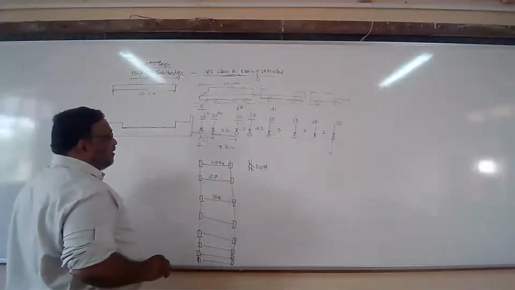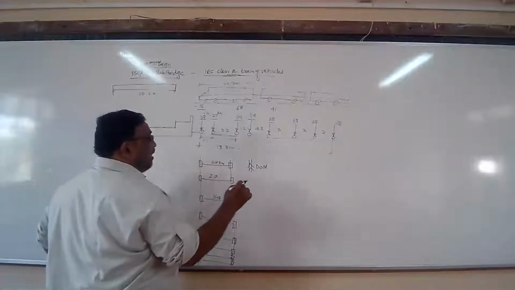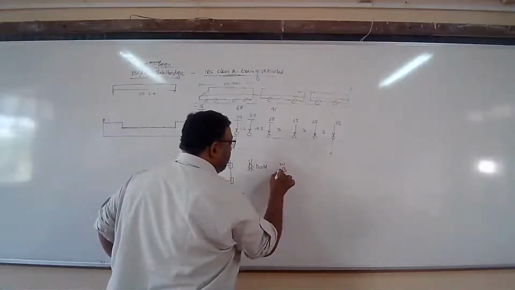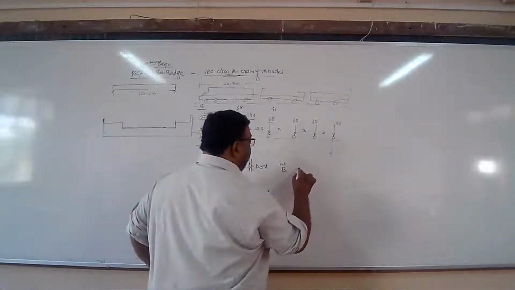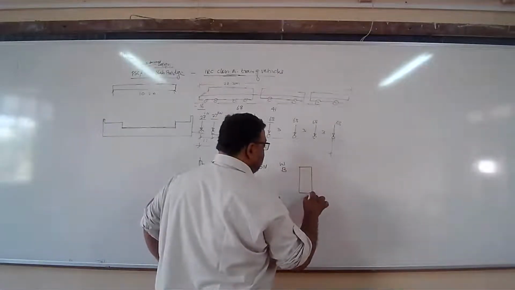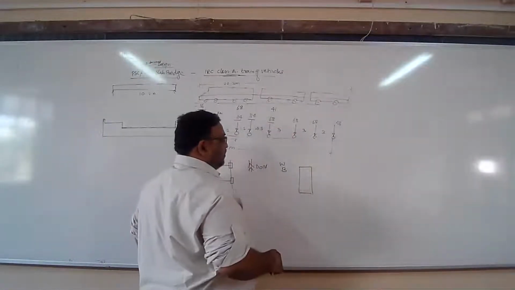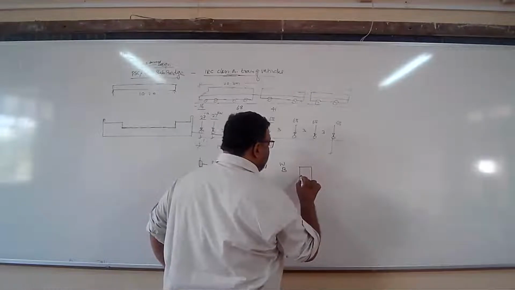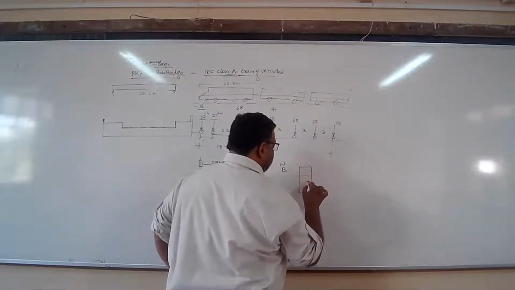So this is 27, 27. अभी कैसे रहेगा? The dimensions are given W and B. W and B is nothing but if suppose this is the wheel, in plan I am sketching, so these are the contact dimensions।